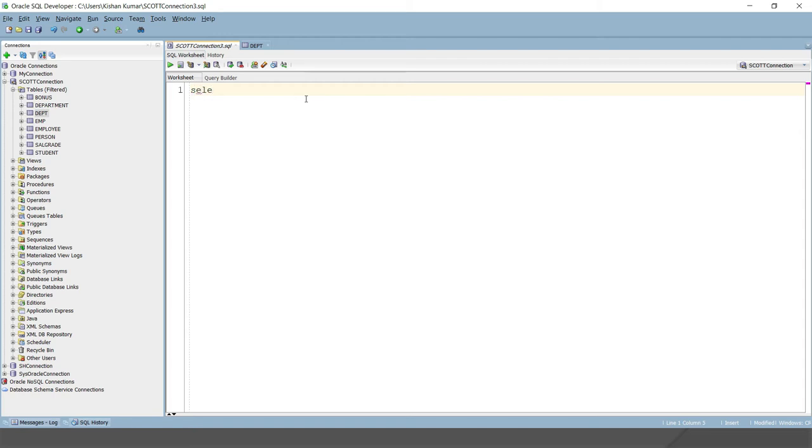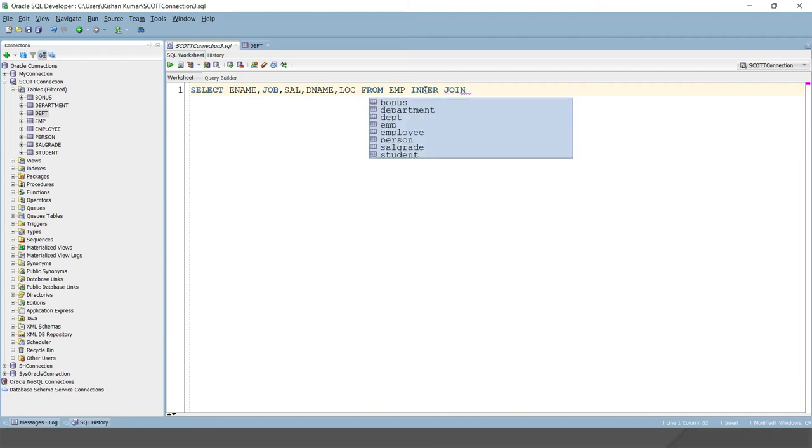So here you have to write, of course, a select query. I would write select ename, then after ename we would like to get job. These are all in the employee table, the EMP table. Then salary, and two columns I want from the DEPT table, that is nothing but DNAME and location. Then from: these three columns we get from employee, so I'd say EMP, and these two columns we get from the department, so I would write inner join,